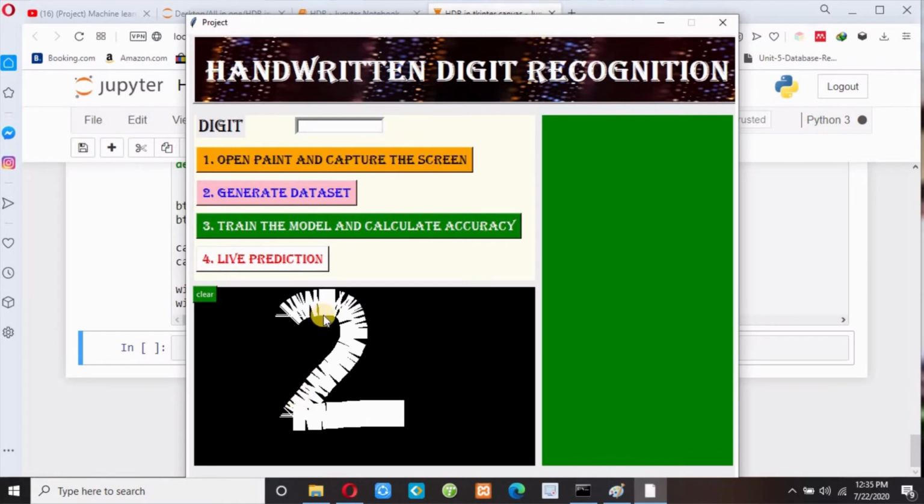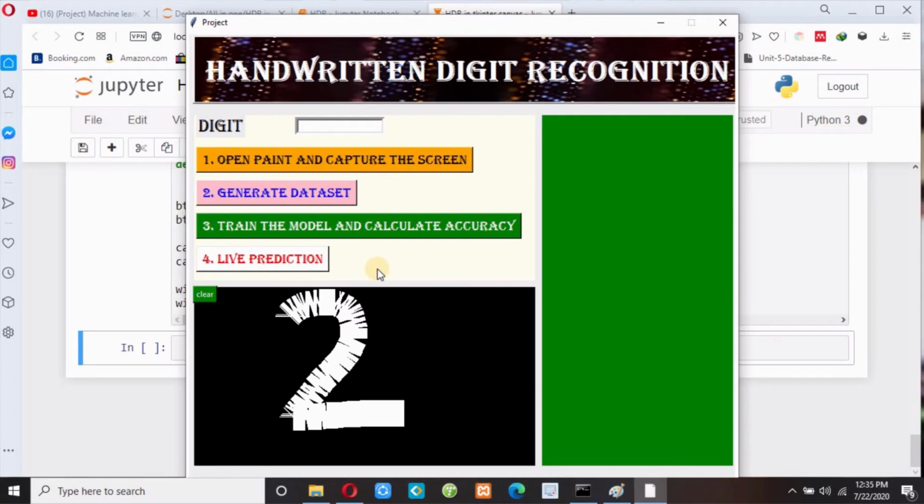So you have to remember this point, and you don't need to change this second button, Generate Dataset, and this is the third button to train the model and calculate accuracy. And now if I click this live prediction, then it should capture this image, and it will display here, and it will make my prediction over Canvas 3.